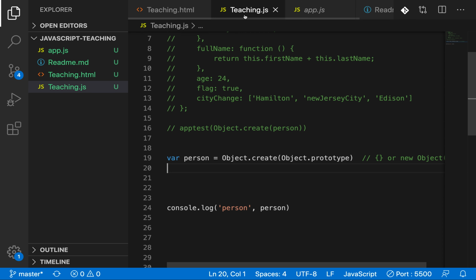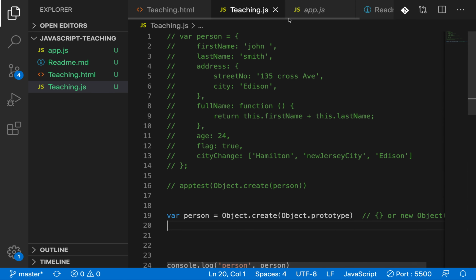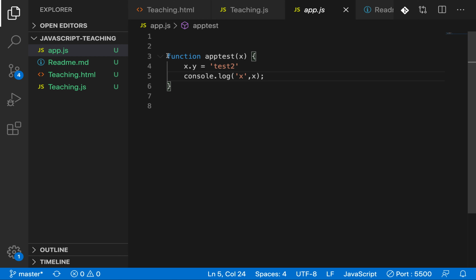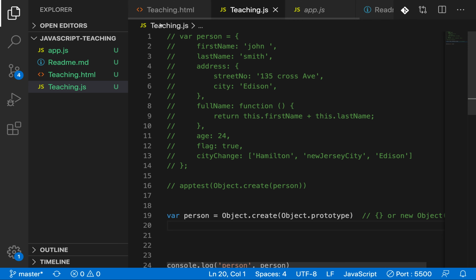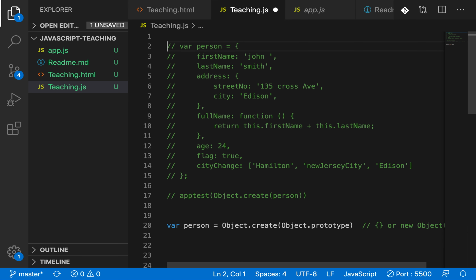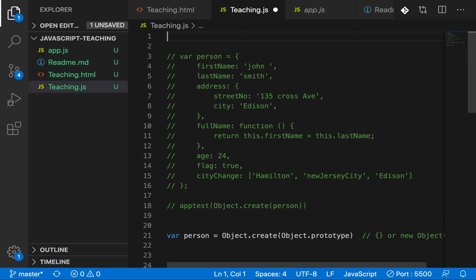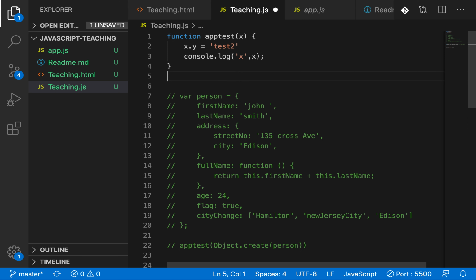Even though they are different files, whatever is defined in the app.js function, JavaScript understands both files as one file. If it is one file, this function will be available over here. JavaScript thinks that this app test is within this file.